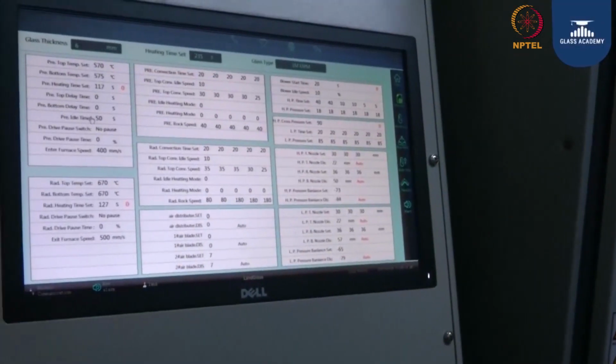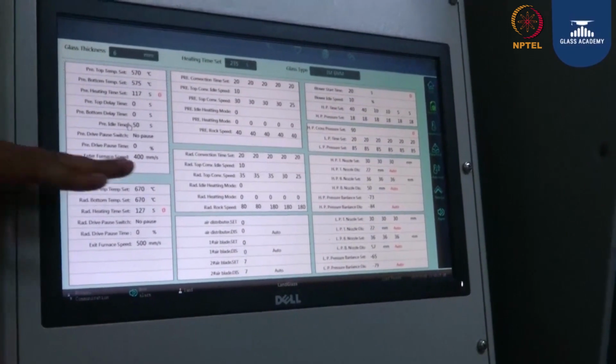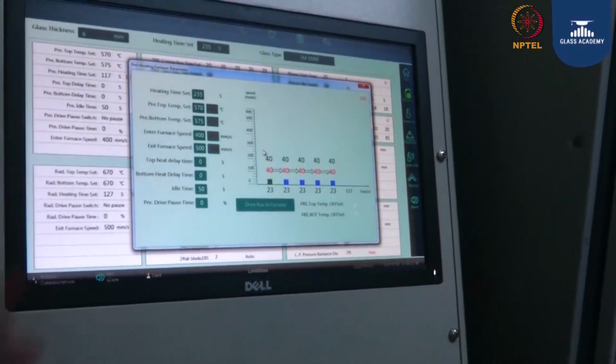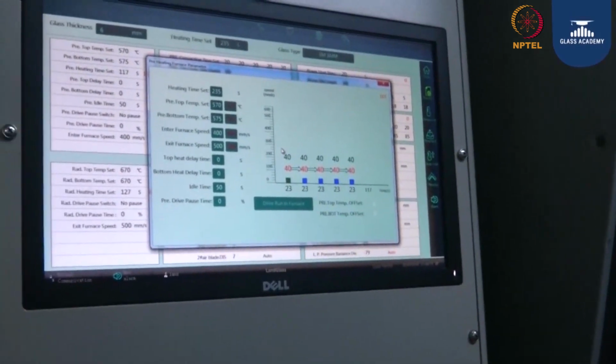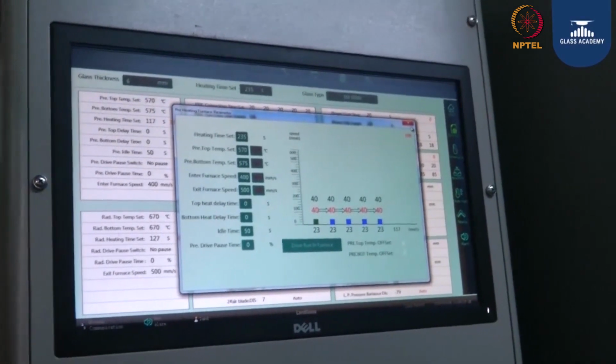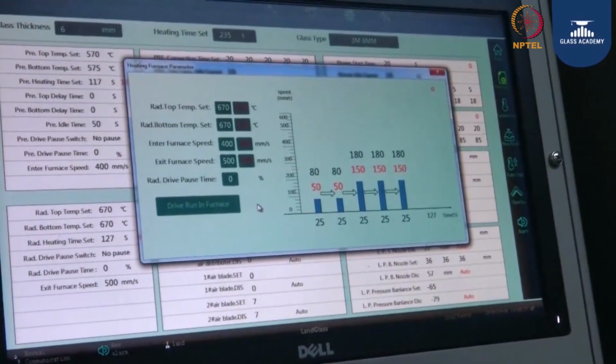This is the first screen where they are going to get the top and bottom temperatures, timings, pressures, all these things. Next. Now they are going to keep the preheating furnace parameters. Okay, next. Now they are going to give the heating furnace parameters.